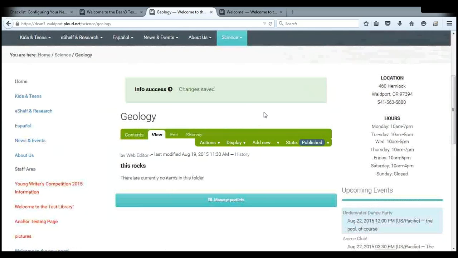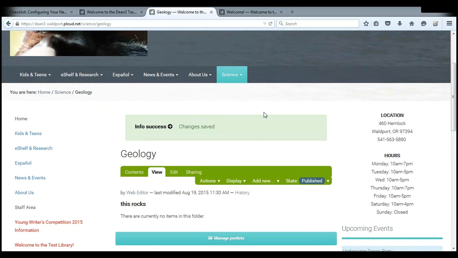So one thing to note, or a few things to note, I guess, about this top navigation menu. I just added a folder there, and in the same way, any folder or any part of your site that exists at the top level, so you've got your main sections, and most of these will be similar across different libraries, like the kids and teens and the research and Espanol and news and events. Each one of these represents a folder that was created at the top level of your site. So it's just like home/folder. And any folder that exists at that level, unless it's excluded from navigation the way I just did, will show